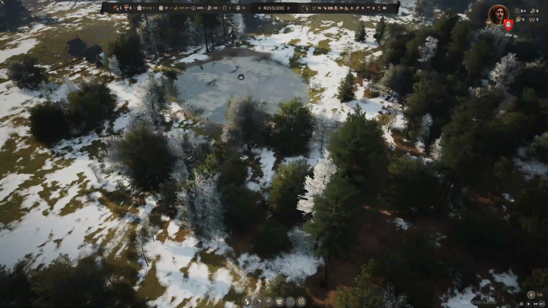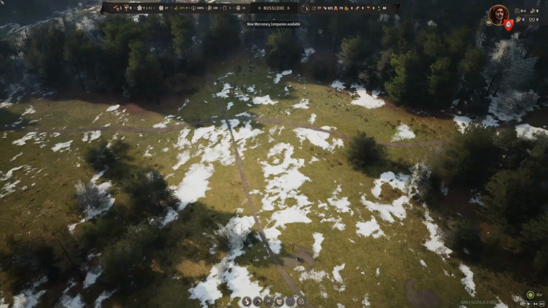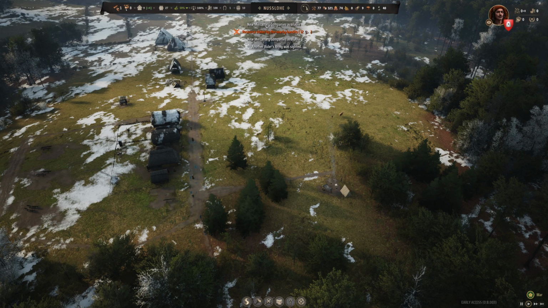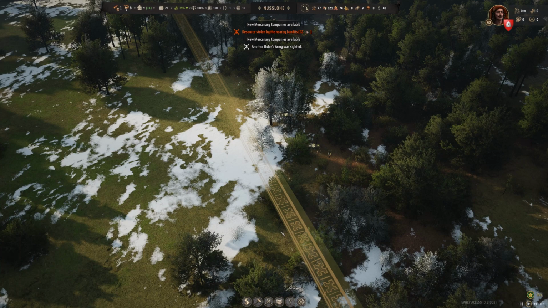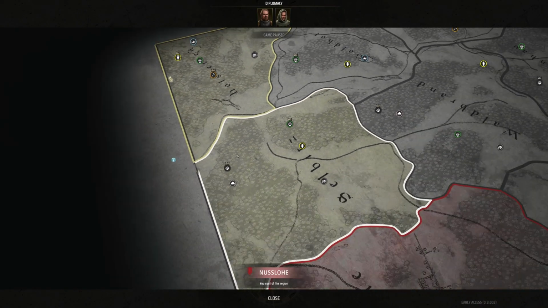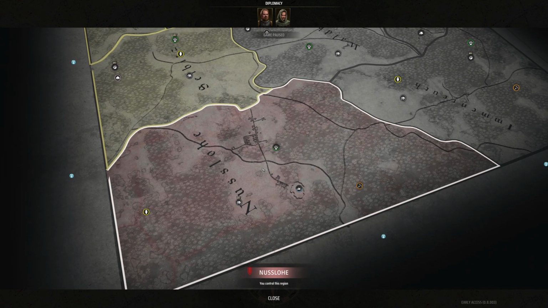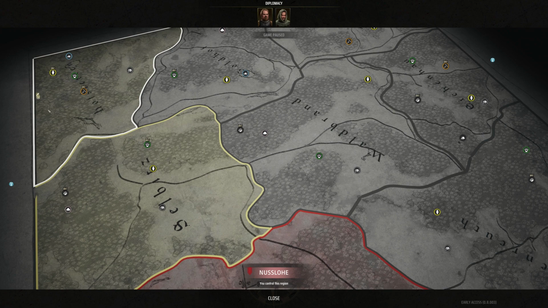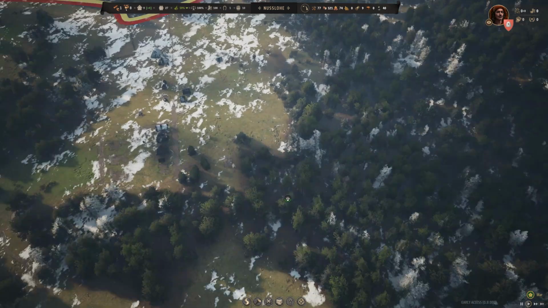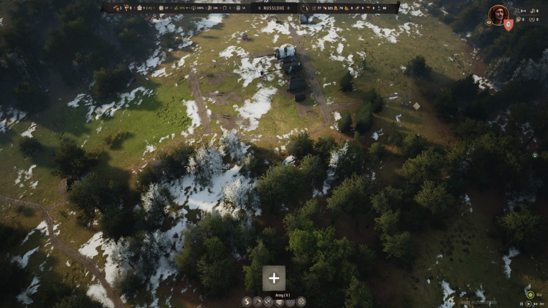February has rolled around. Spring is in the air. And the fishing pond has officially thawed out. There's no more ice. Another ruler's army was sighted. That's not good. Are they coming into my area? I hope not. Otherwise, this session will end pretty quick if they march down here, because I don't have any army. Well, I have that militia, but they haven't been doing any training, so...